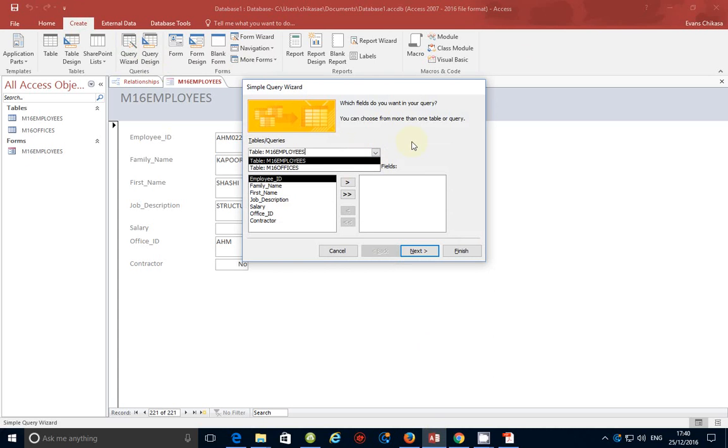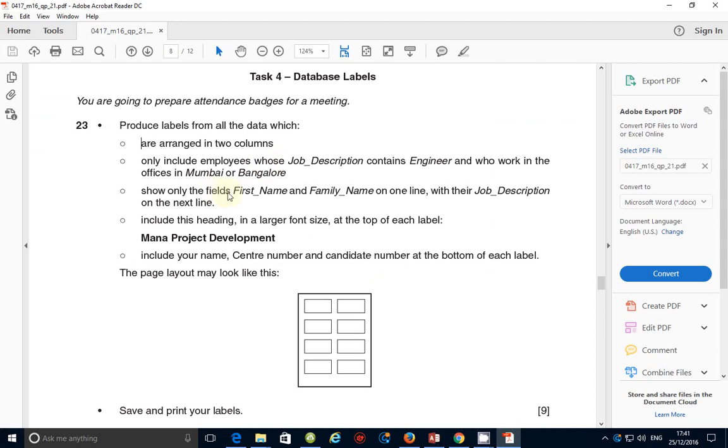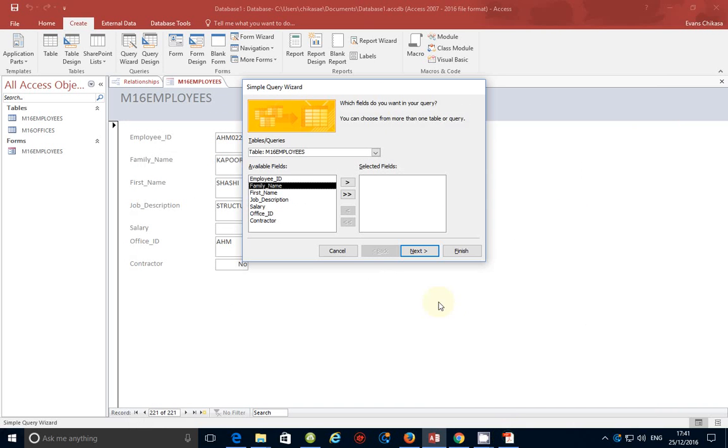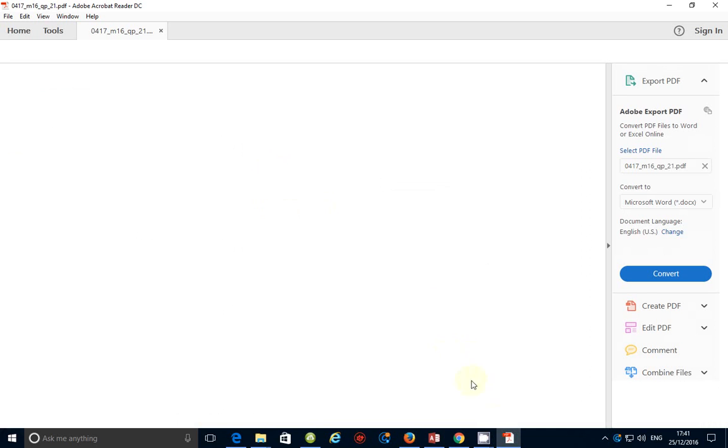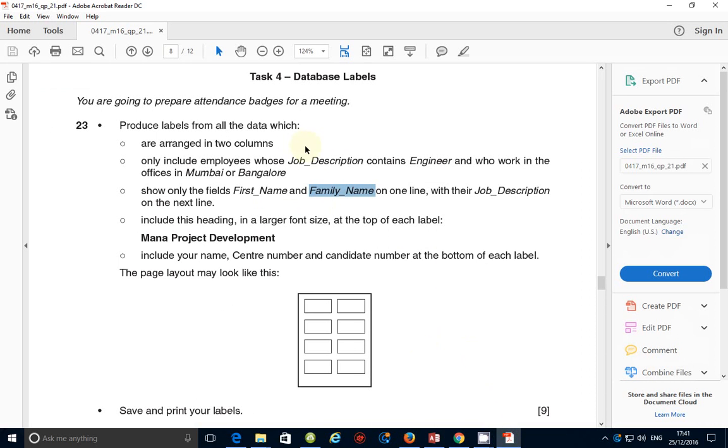So remember, this is a relational database. The 2 tables, employees table and M16 offices table, are linked together to form a relationship. So we are told that we are supposed to show the fields first name, family name, and job description. So let's pick up these fields: first name, just double click on it, family name and job description. And then there is one more field that we are using, and this is the field,